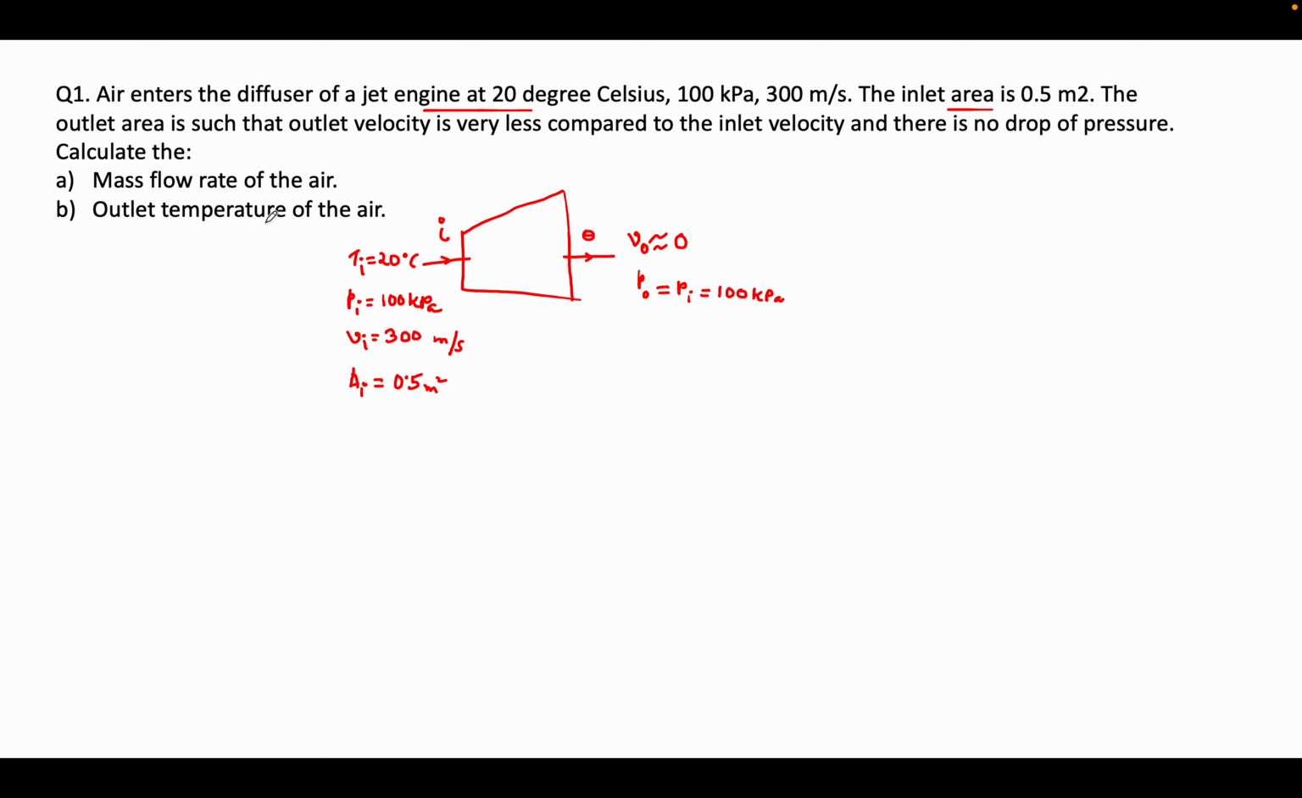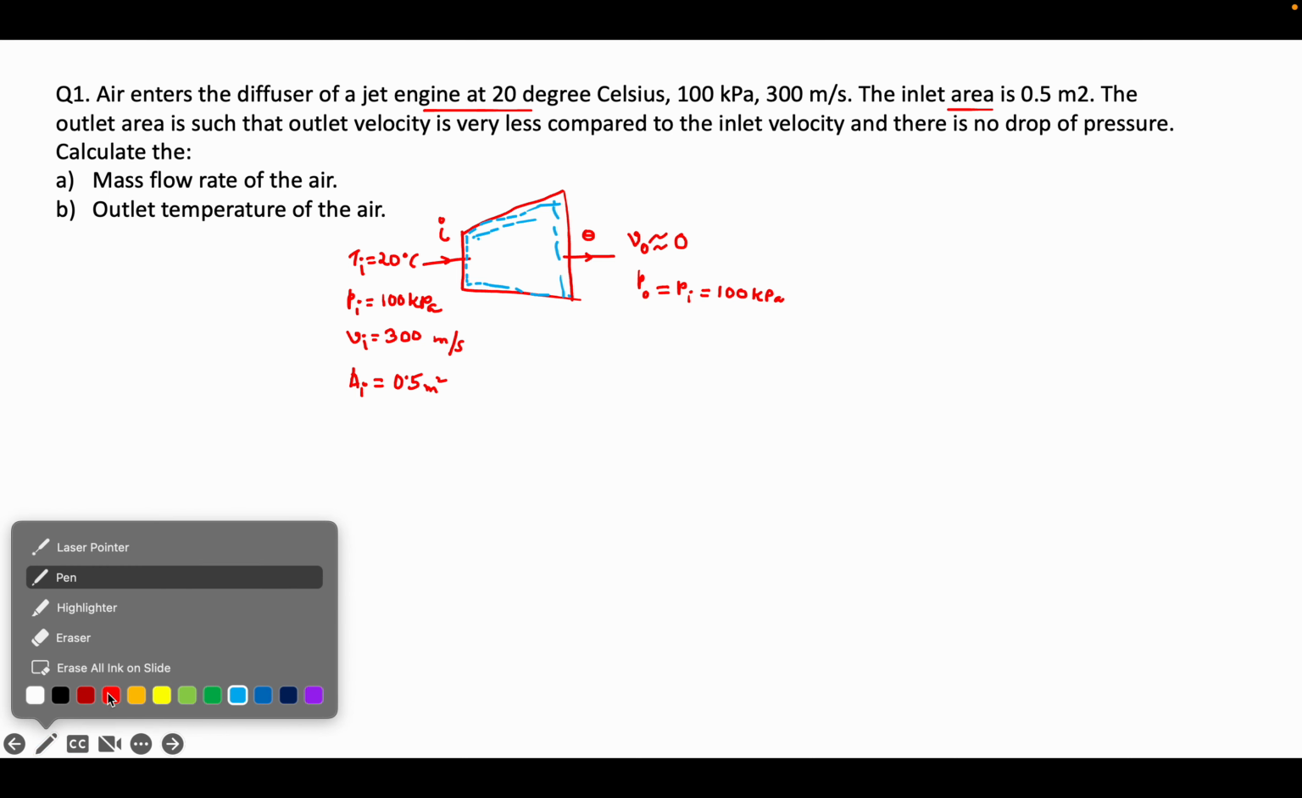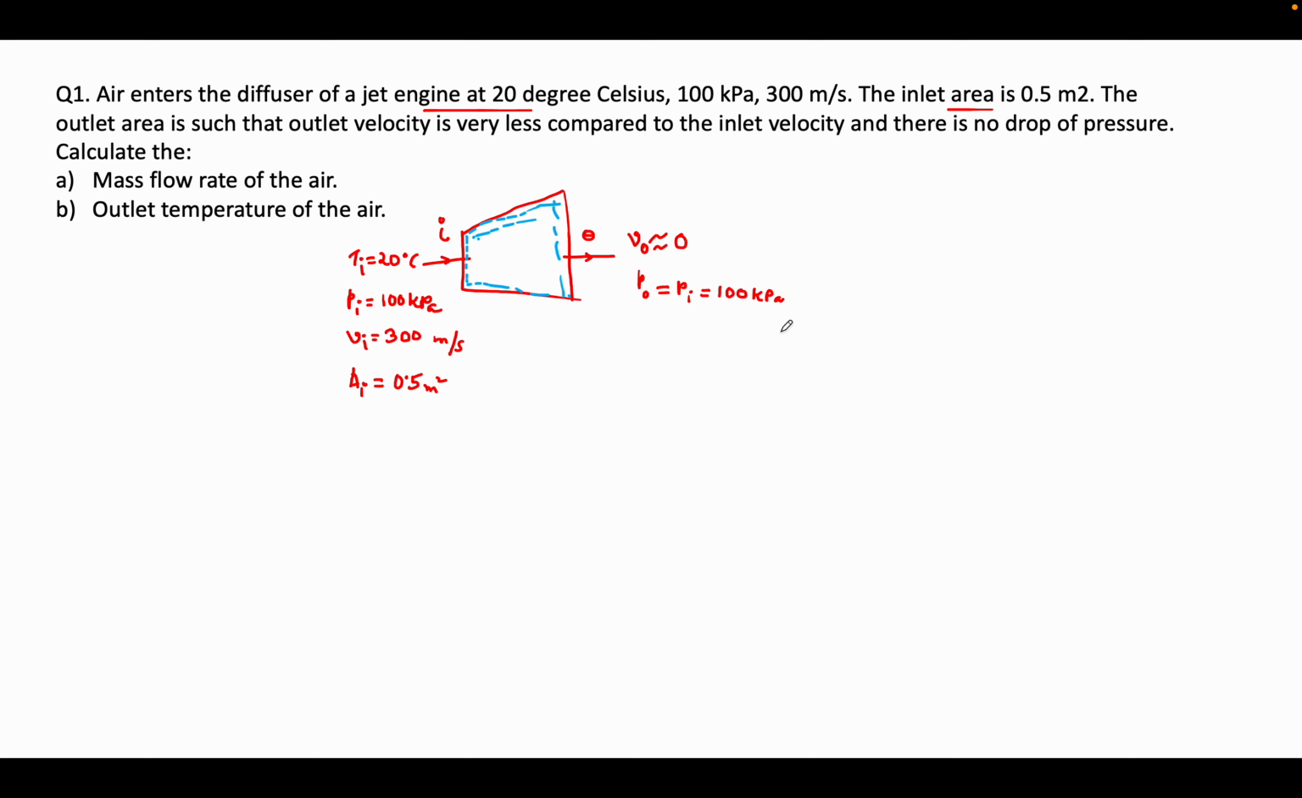In order to calculate the mass flow rate, we have to apply the conservation of mass equation. So if I assume this is my control volume, this whole area is my control volume, then